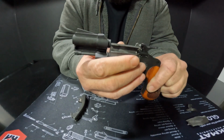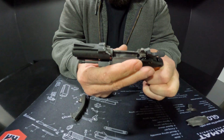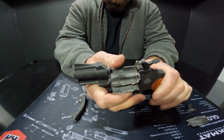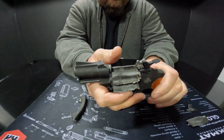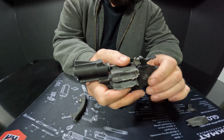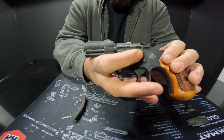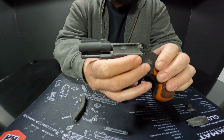I do not recommend double charging or triple charging. Always be careful when you're reloading. Always watch your charges. Double check your charges. Triple check your charges. I have a light that looks down into my progressive press when I'm reloading. And one day we'll go over my reloading setup, and I'll show you guys what I use and how I use it,